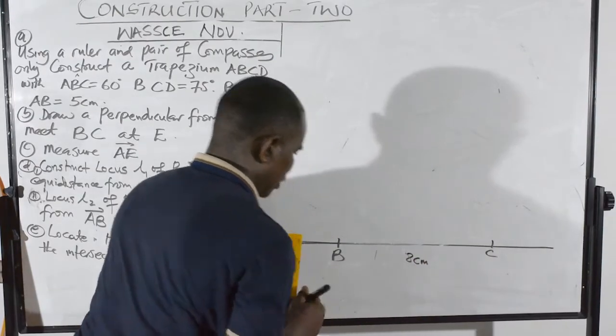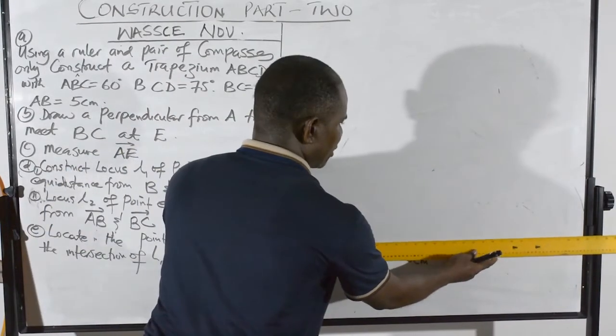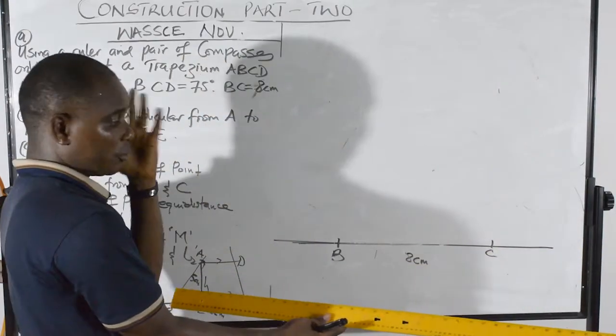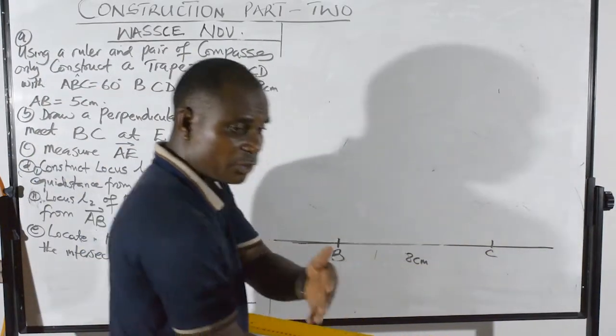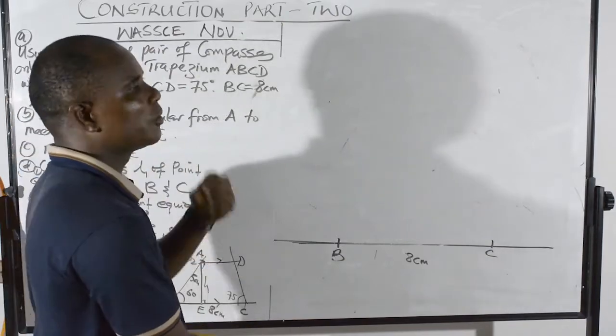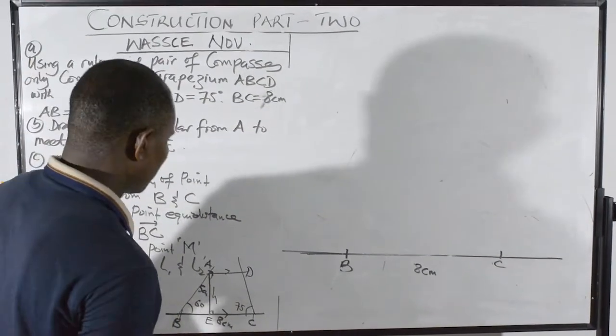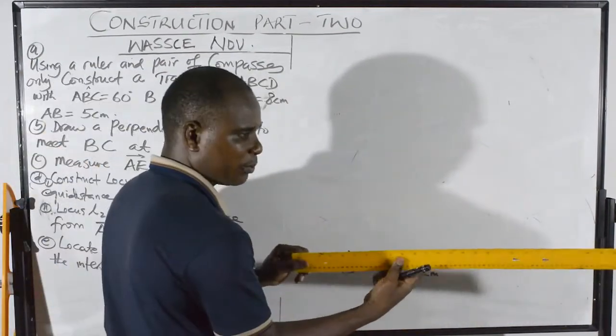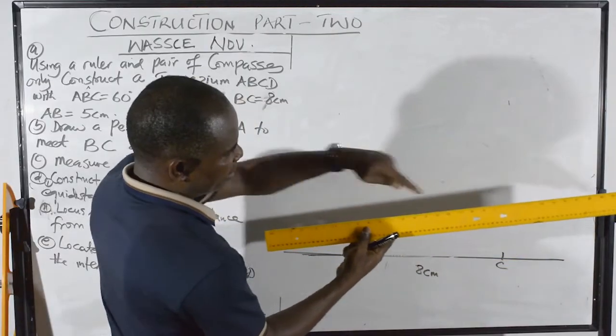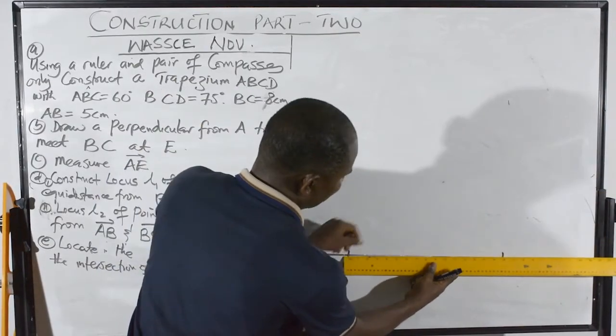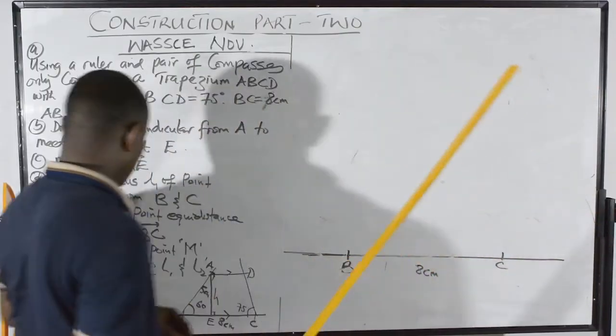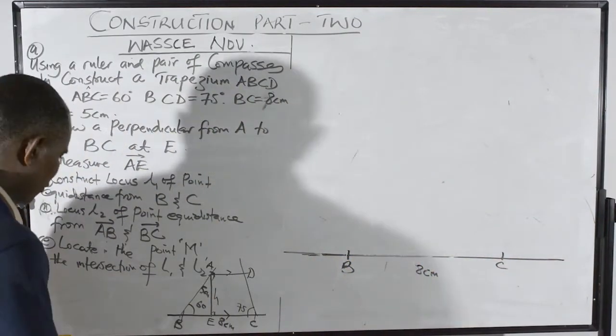I'm assuming that this is already 8 centimeter. So you use your set box ruler and try to get 8 centimeter as you go along. As I'm constructing, you also go along with me because it's practical work. So measure through your ruler 8 centimeter. Make sure it's 8 centimeter. Then you get it done there. So that is one. Now we have located BC.